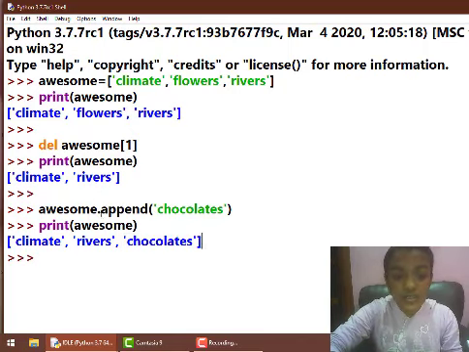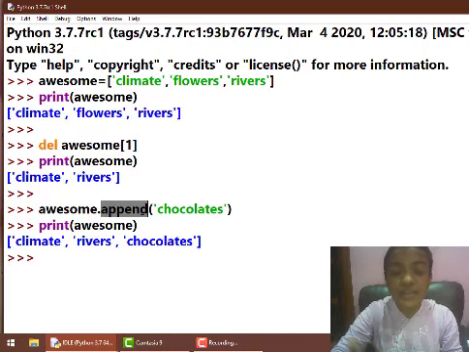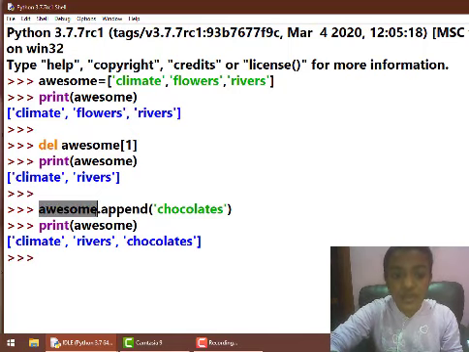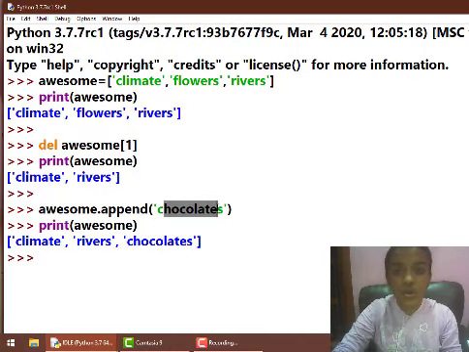After this full stop there is something known as append. Whatever comes after this full stop is known as a function. Here our function is append. A function is nothing but something that works with your data, and here our data is awesome. So the function append works with our data awesome, and it adds chocolates to our list. So this is what append and del do in Python.